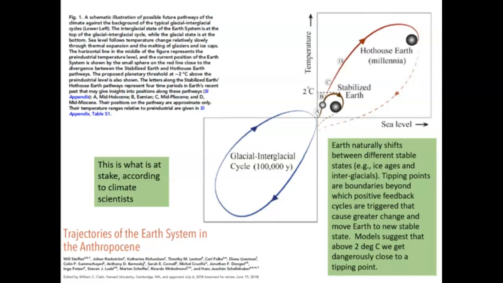The looping curves on the graph illustrate how Earth varies in temperature and sea level over geologic time. At some point, you've probably learned about the ice ages. This was a period of Earth's history from 2.5 million years ago to about 10,000 years ago. This was a very cold time for the planet, interrupted periodically by warm conditions similar to today. These climate oscillations were caused by the Milankovitch cycles that you will learn about in semi-text. Sea level would rise and fall dramatically as the climate warmed and cooled over and over.